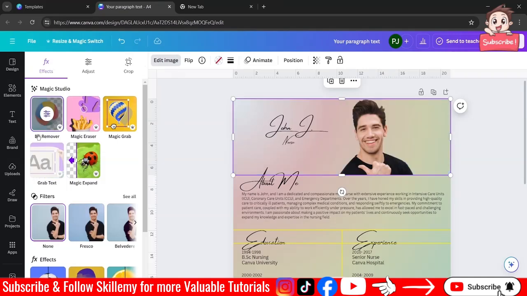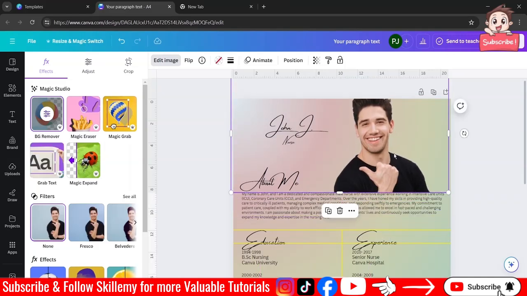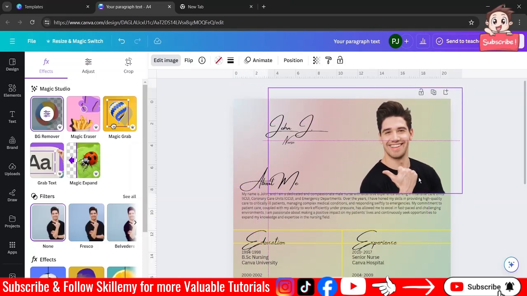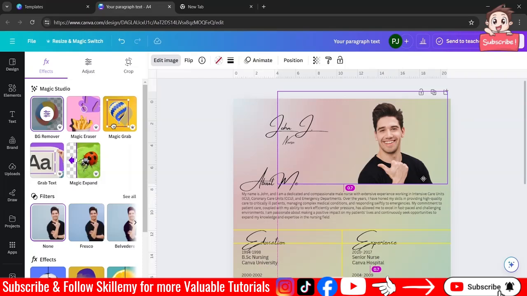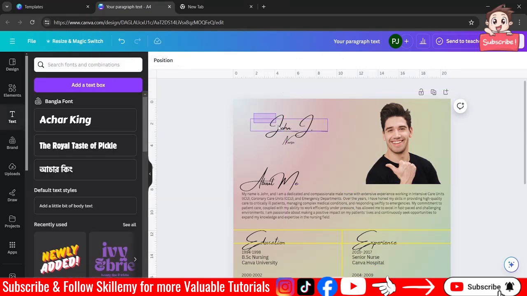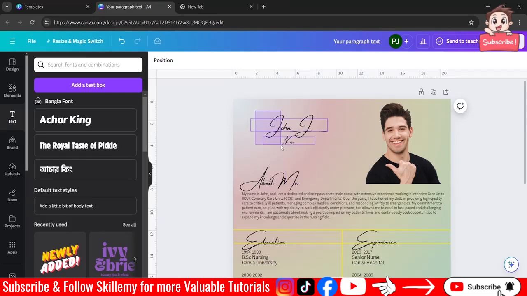Let's go over to the edit. You will get this background remover option, where you can just have this particular feature. So we're going to place it over here. Let's select this particular part, the text part actually,